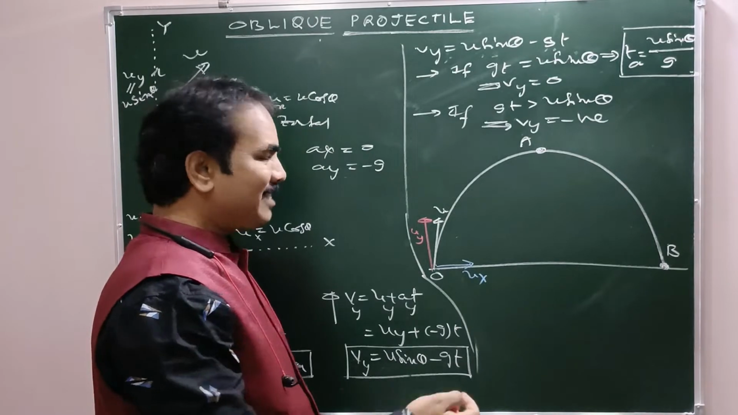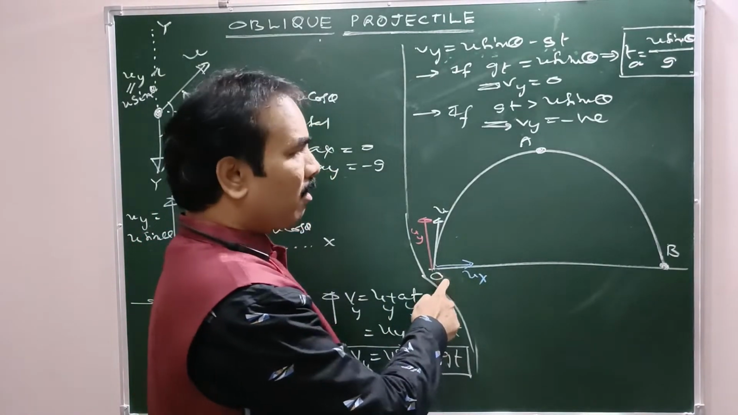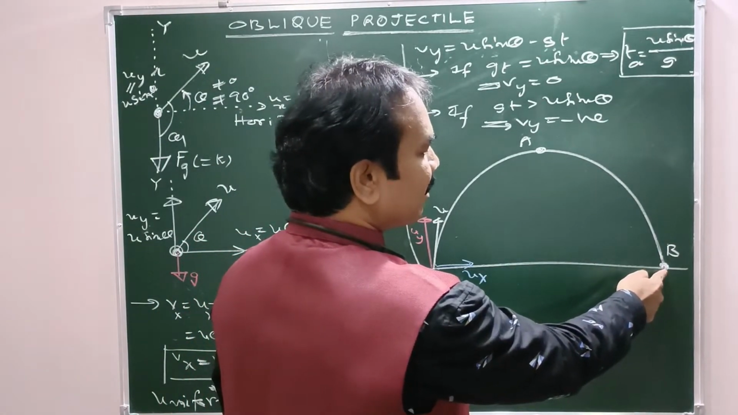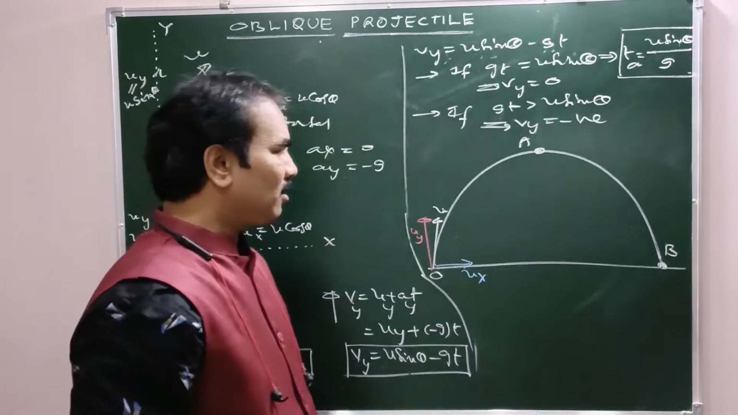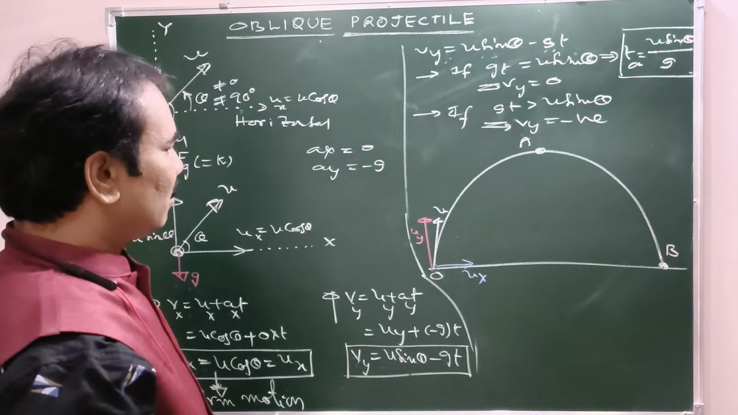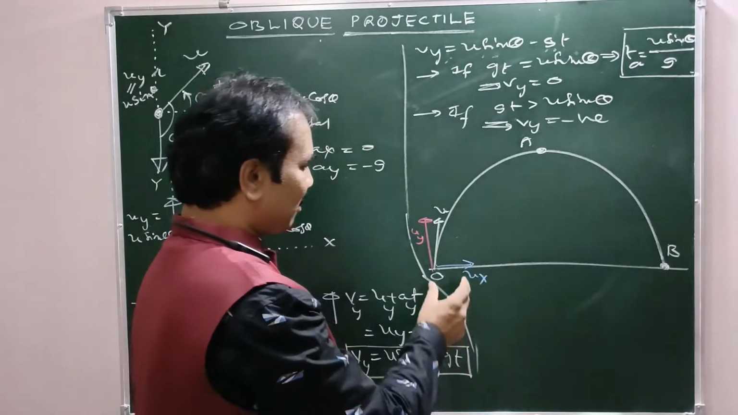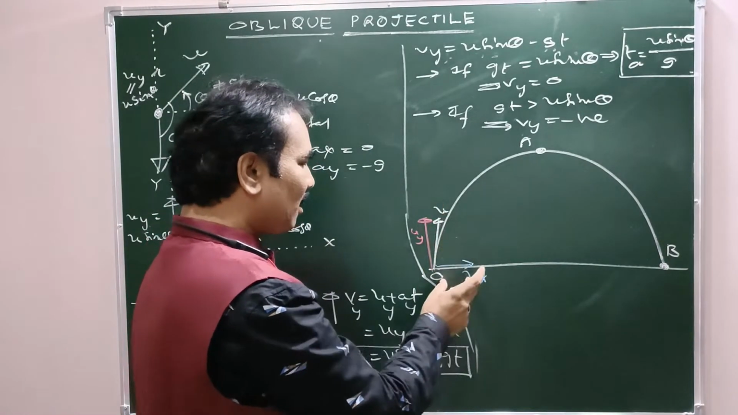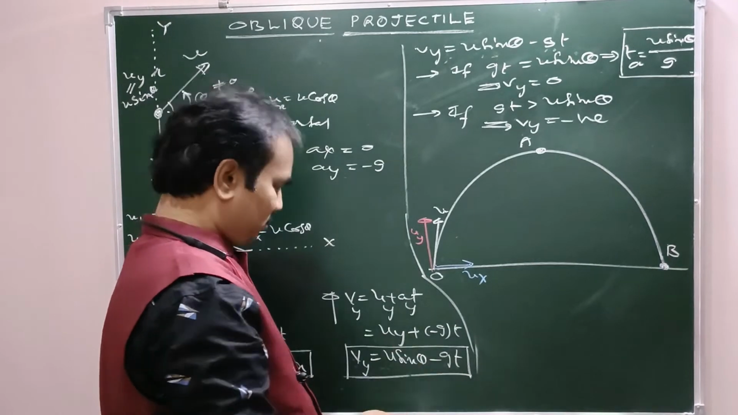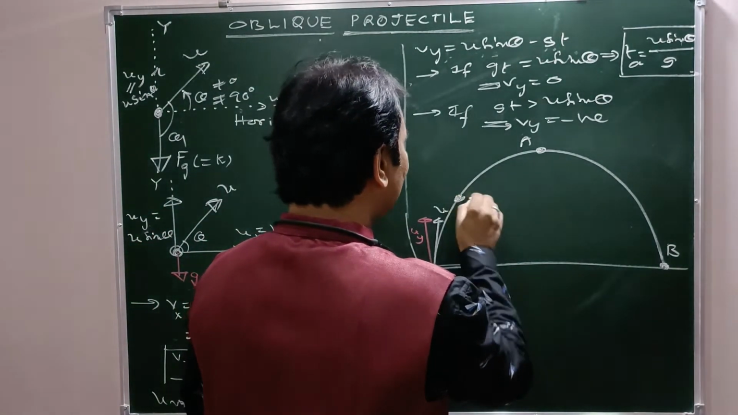Okay. Now I selected 3 points on the parabola: the point of projection O, the highest point A, and the point which is at the same level as that of the point of projection. Now I am going to check instantaneous velocity at some points. That is, apart from instantaneous velocity, horizontal velocity and vertical velocity I am also going to check here. Suppose at a point somewhere here, P1, at this point P1,